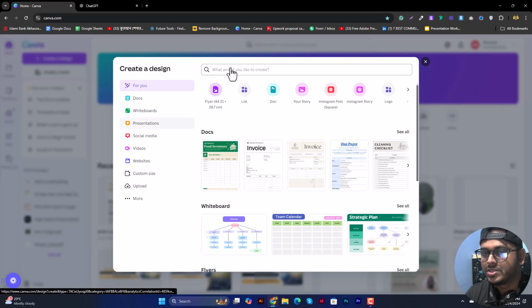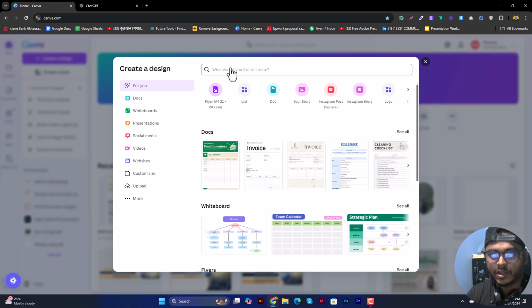So it's a much easier tool and a very useful tool for non-graphic designers who are not actually graphic designers, because you will see a bunch of options over here, but it's really also helpful for graphic designers nowadays. So first of all, we just want to create an Instagram post size document, so then we can create something or work on it. So let's type in Instagram post,